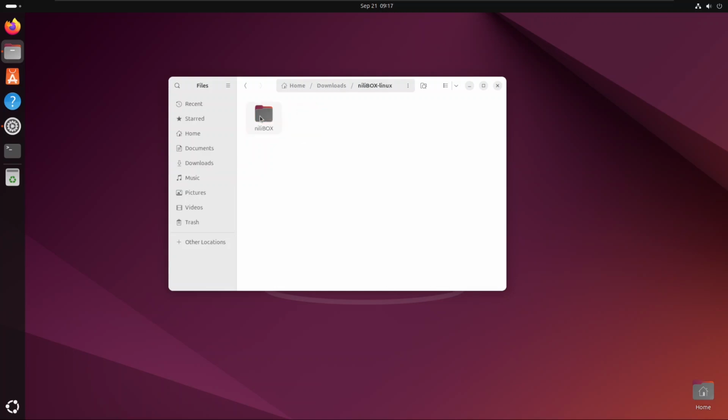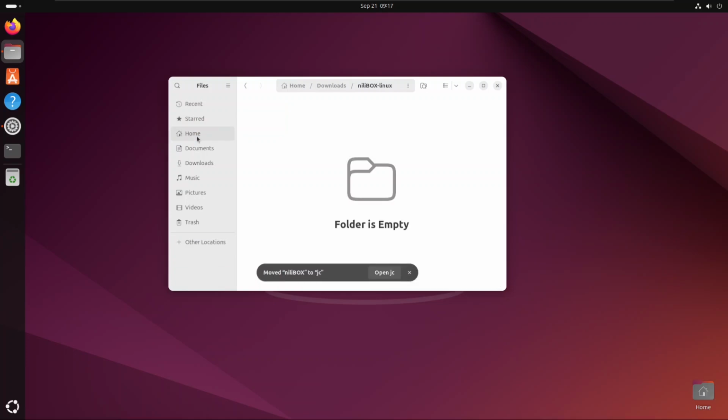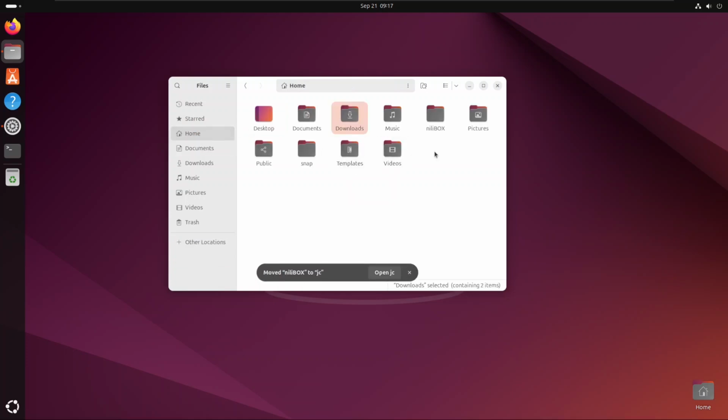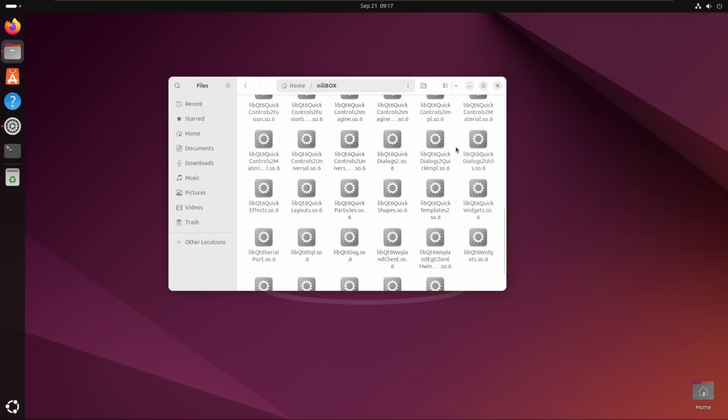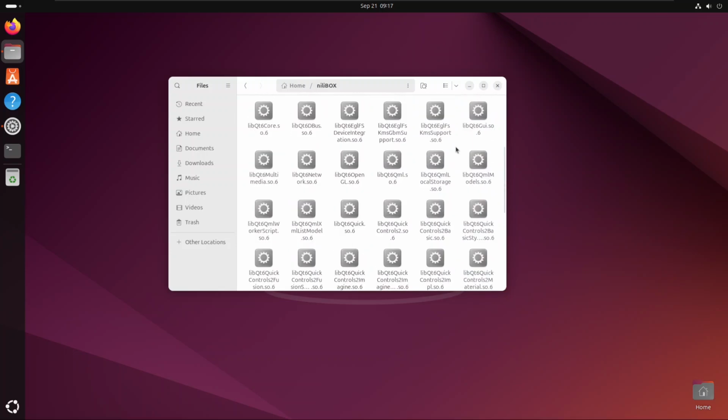If I go into this folder, I will find a folder called niliBOX, which contains the full application. Now my recommendation is to move or copy this folder to some place in the computer of your preference. In my case, I will simply move it to my home folder. Now it is there. If you go into this folder, you will see that it contains many files and folders needed for the application